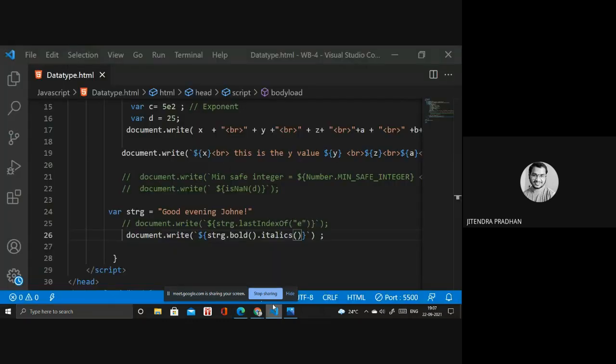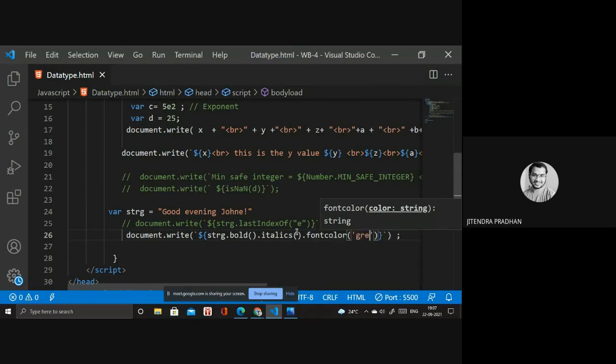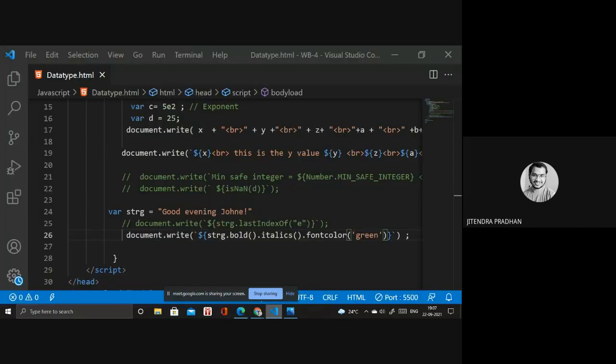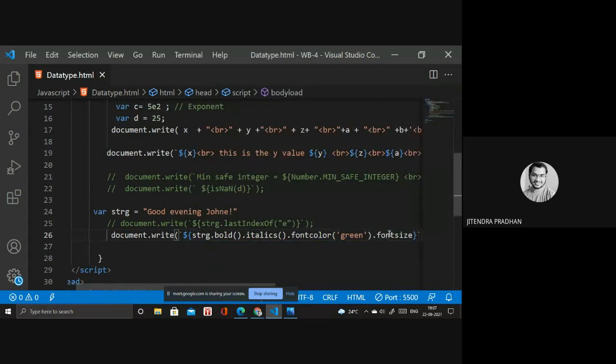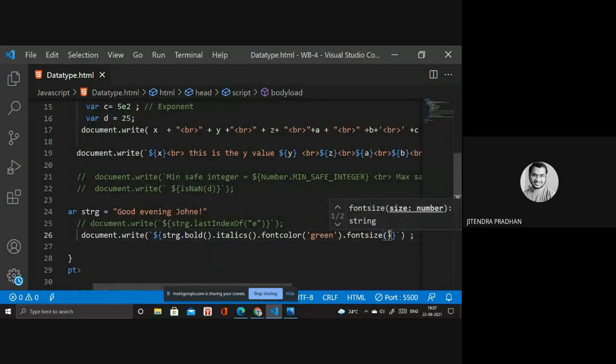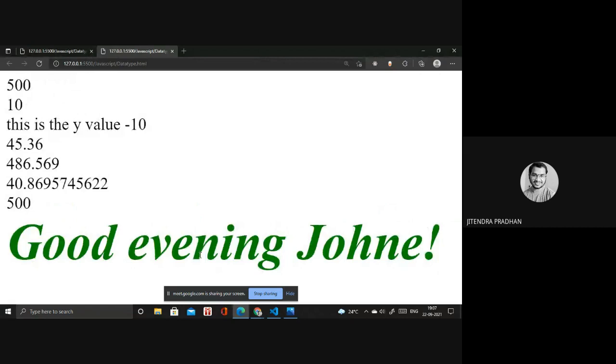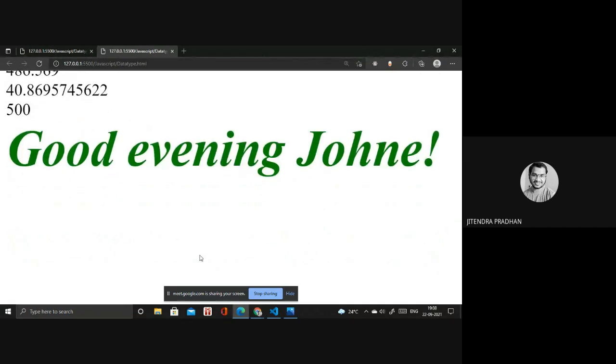If you want font color, we have font color working. Let's see, green. If I give green, it's working fine. Okay, if you want font size as well, something like 7, 8, 9, 10, whatever you need, I write 12. Okay, now it looks fine.